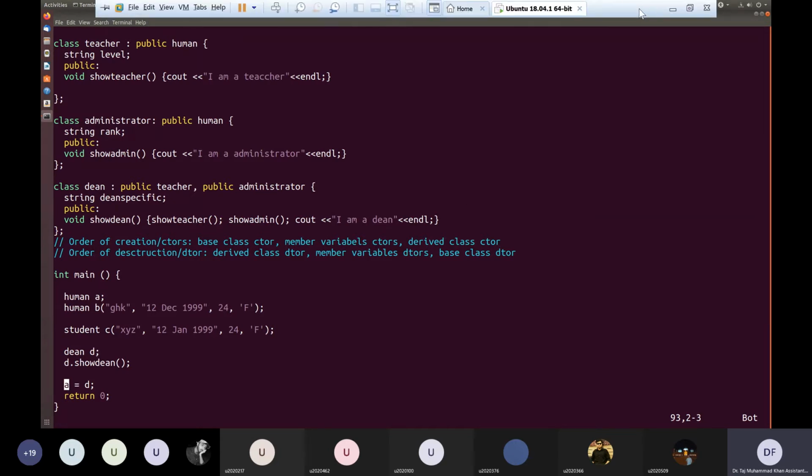This phenomenon, in which you are copying a derived object into a base object, the object gets cut down and only the base part of the derived object is copied into the base object. This phenomenon is technically called slicing.